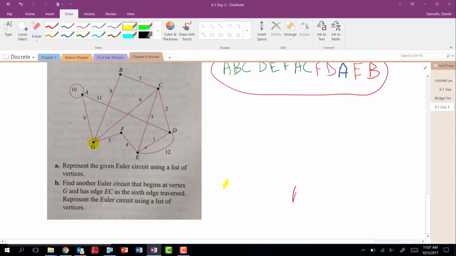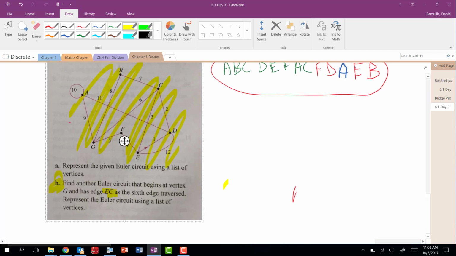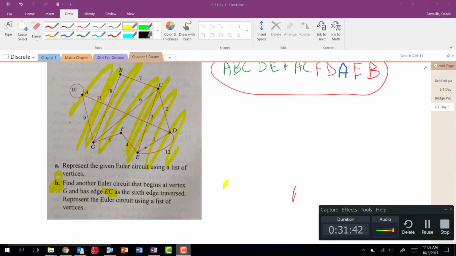Maybe I shouldn't go down there. 1, 2, 3, 4, 5. You know what? There's another way you could do it. I found two completely different ways last hour. And if you saw what I just did there, just use that as the answer. But you got to keep going. All right. So I think for letter B, you redraw this with the numbers, and you better have EC with a 6 on it. I found one way, I couldn't find another one, and I just embarrassed myself. I'm okay. I'll still sleep tonight.